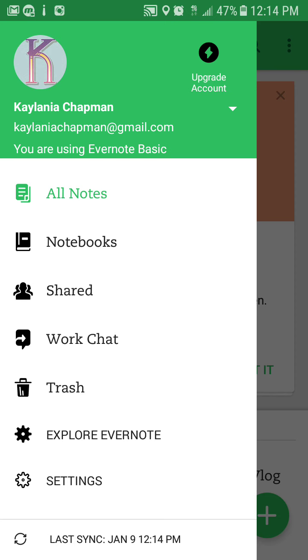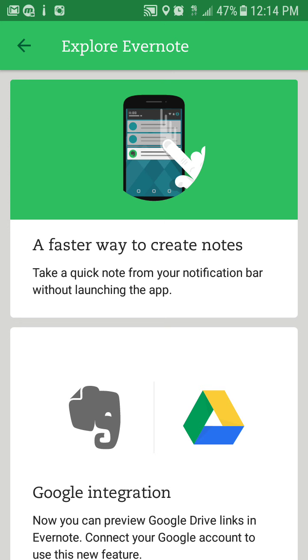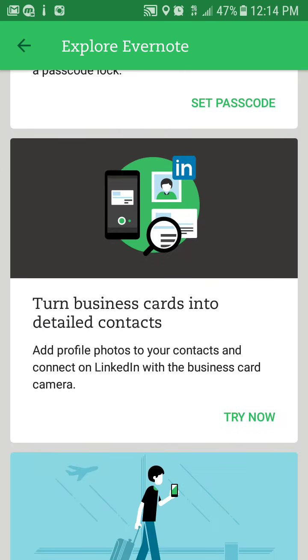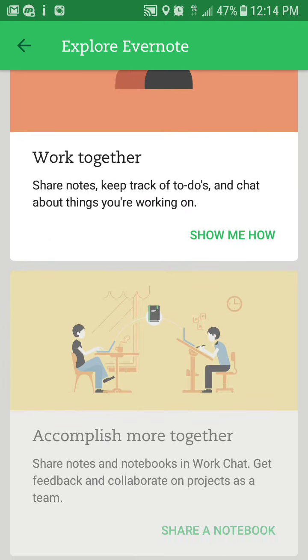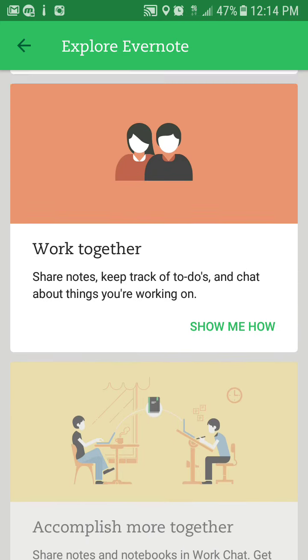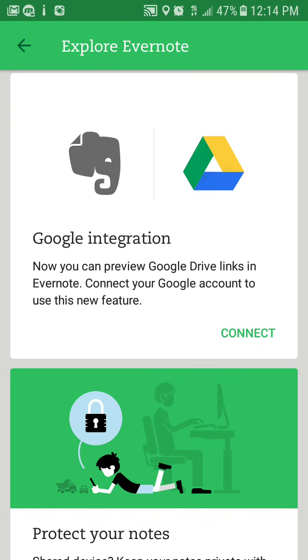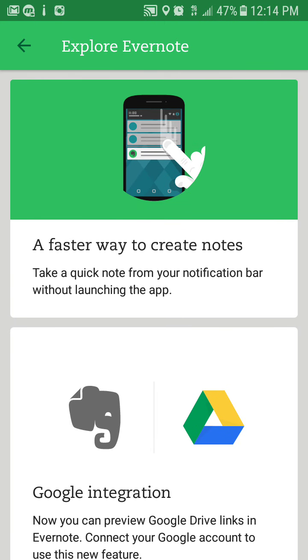All you have to do is log into your email account, or the account that you use to set up Evernote, and everything will be there for you. Okay, so with that being said, just give it a shot. You can download Evernote from the Google Play or the Apple Store, and it is free unless you have an upgraded account. I just want to show you guys how this works. And with that being said, just give it a shot.